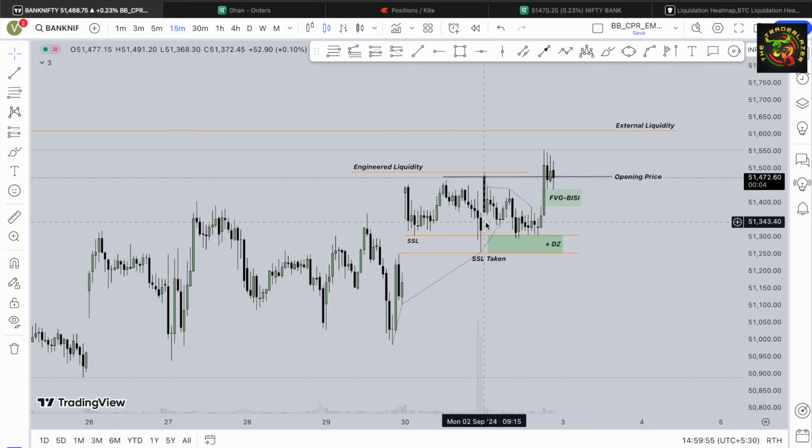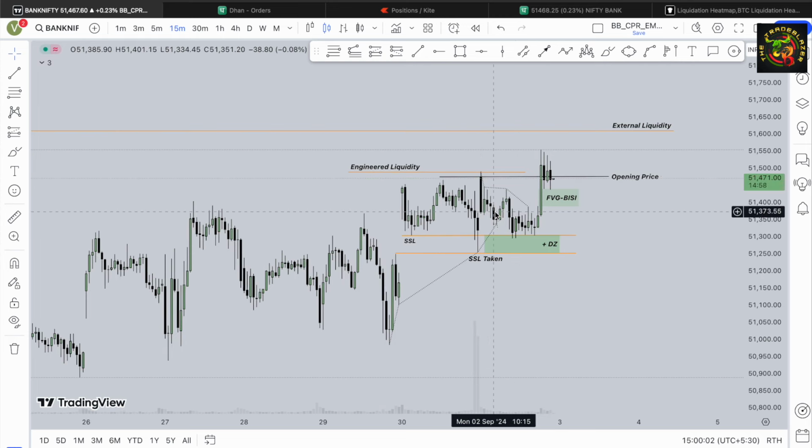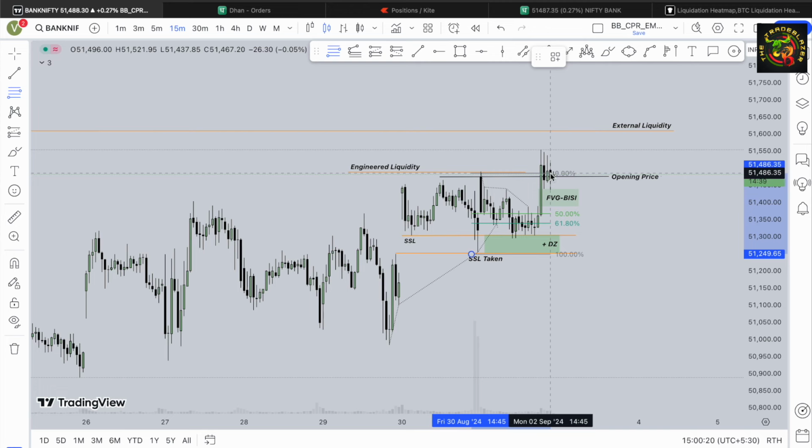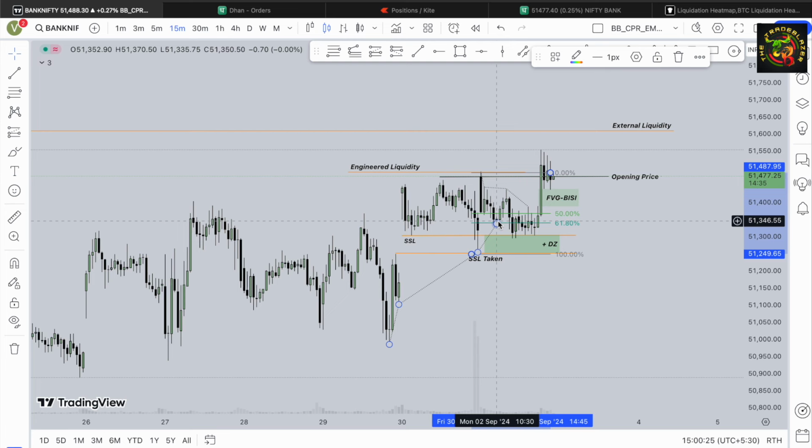But then where should I go long? For that, there are two options. One option is price can retrace back and fill the gap over here, and then tap into the demand zone, or this pool of liquidity over here, and then start moving up. That is one entry that I can take. Or otherwise, I can draw a fib level like this, and I can take a trade when the price taps into this golden zone of fib between 50